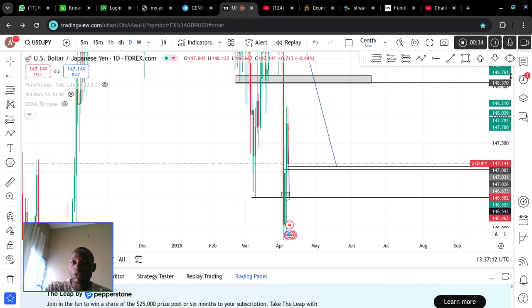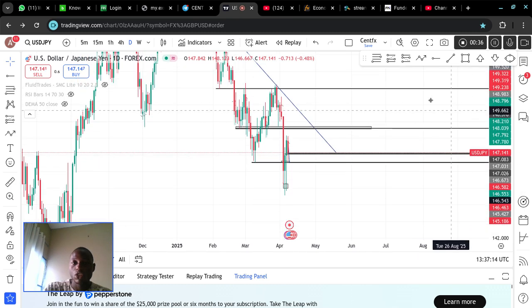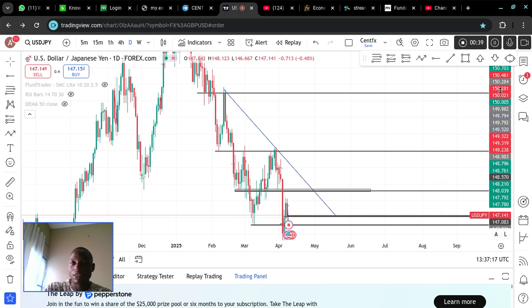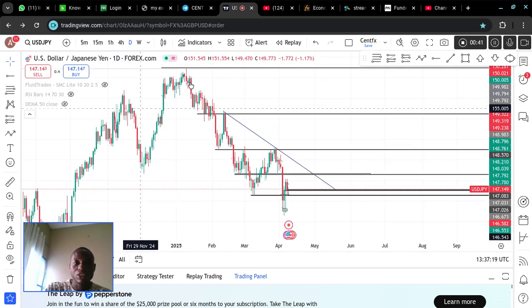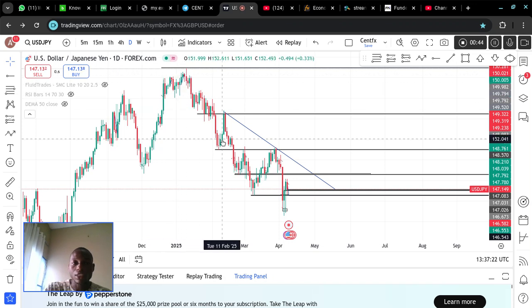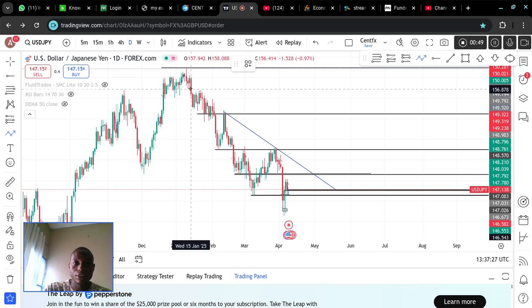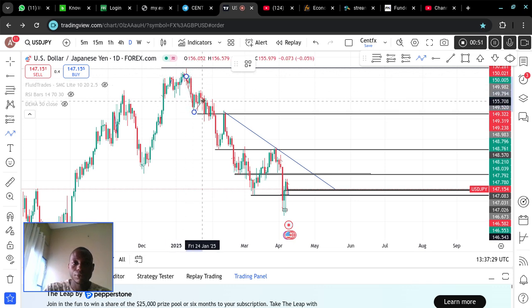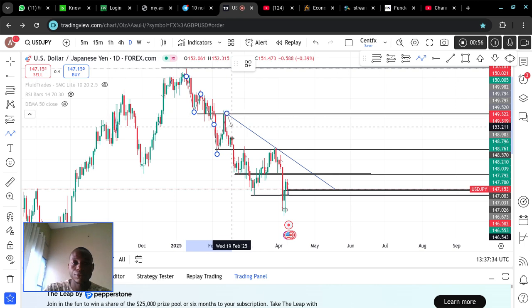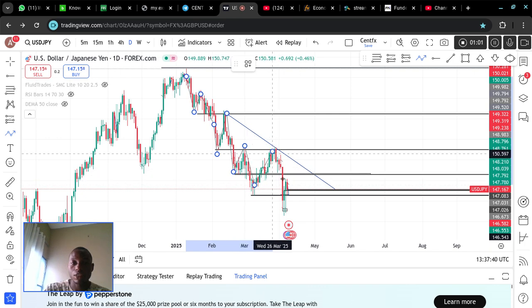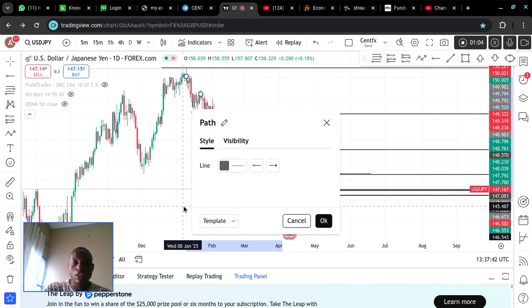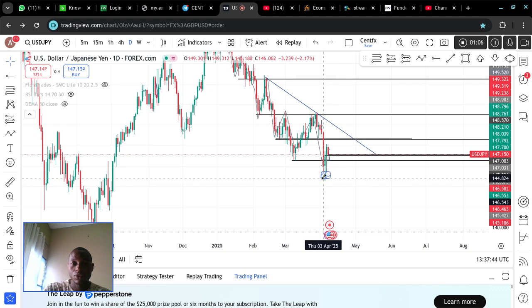Now, if you carefully look at this chart, you discover that this market has been a bearish market for a while now with a series of lower highs and lower lows. This is it. Let me show you guys. These are the lower lows, lower highs. You understand? So now there was a major resistance here which the market could not break above, but rather it